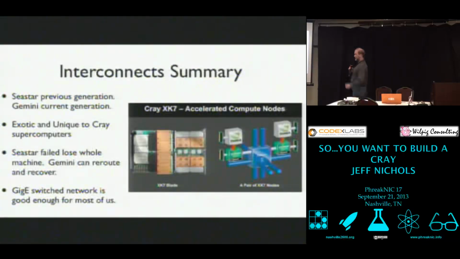summarizing the interconnect, C-Star was their previous technology. Gemini is its current technology. The Gemini for the Cray is represented here. It's showing very fat pipes in different directions, and so it was an upgrade to the C-Star. But these interconnects are exotic. They're unique to Cray. You couldn't just get one and hook it to your PC, and it wouldn't make any sense. But